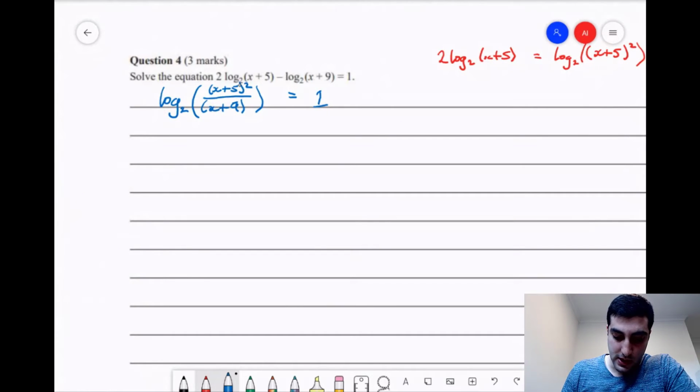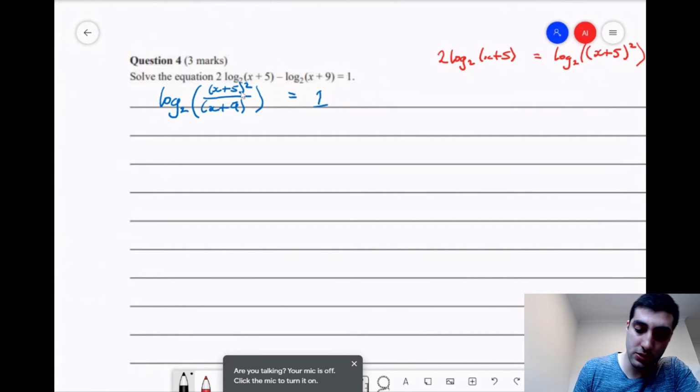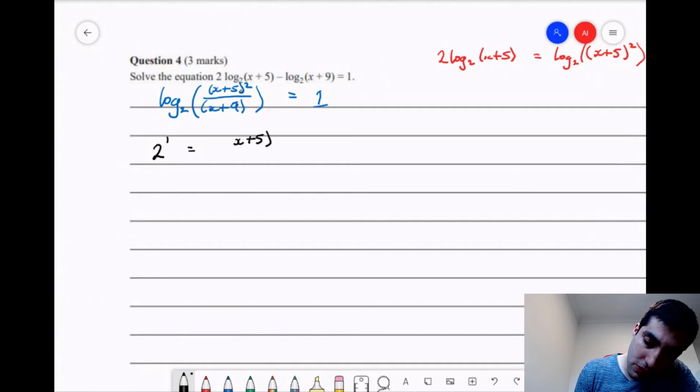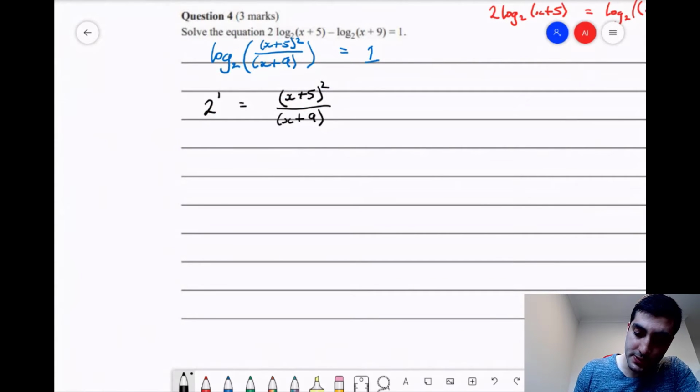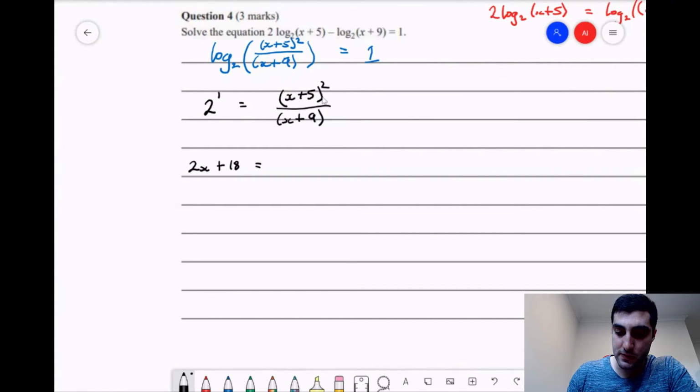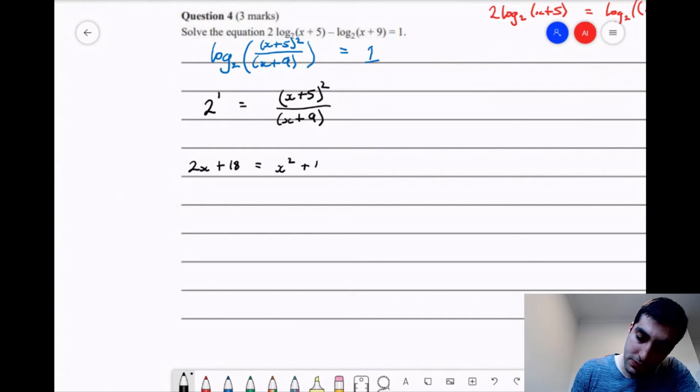Great. So from here, we can rearrange it in terms of the exponential form. We're going to have 2 to the power of 1 equal to what's in the brackets of the log. So 2 to the power of 1, which is just 2, is equal to (x + 5) squared divided by (x + 9). Then if we rearrange some terms, multiplying the denominator by both sides, we're going to have 2x plus 18. I'm also going to expand what's in the numerator, so we're going to have x squared plus